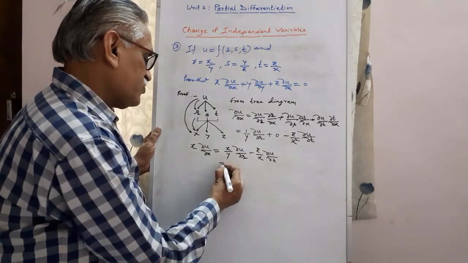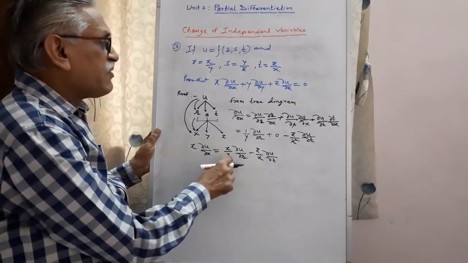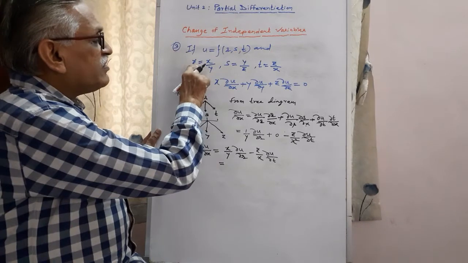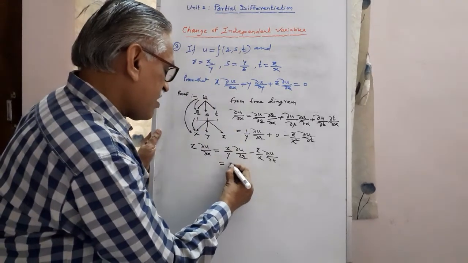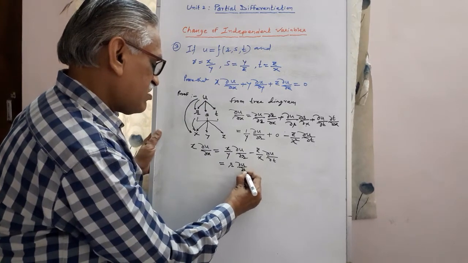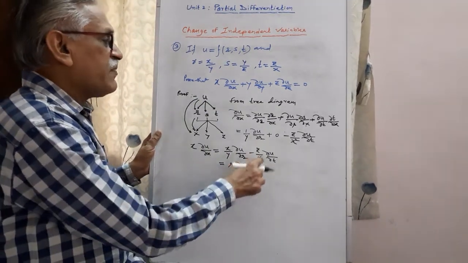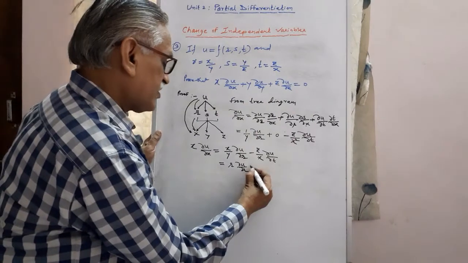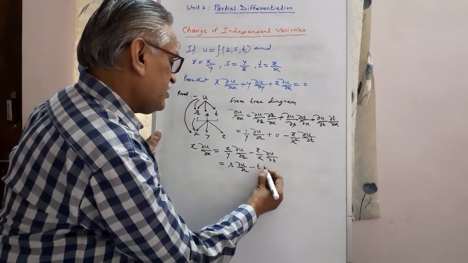And that is equal to, but what is x by y? x by y is r, therefore it becomes r ∂u/∂r. z by x is t, therefore minus t